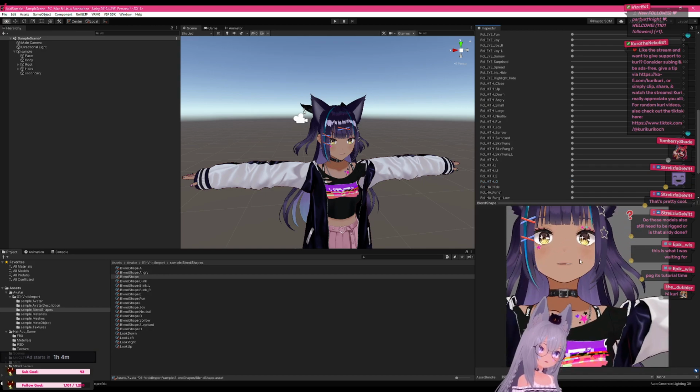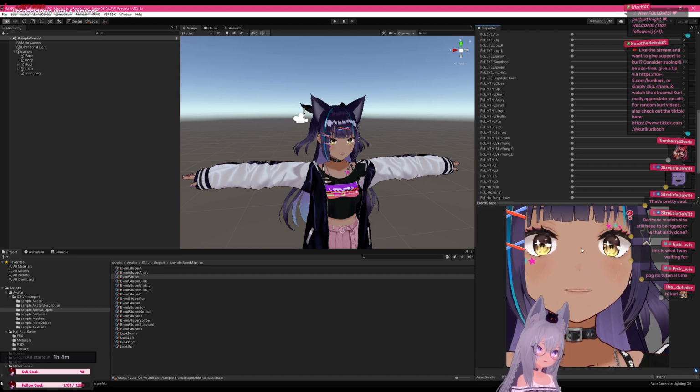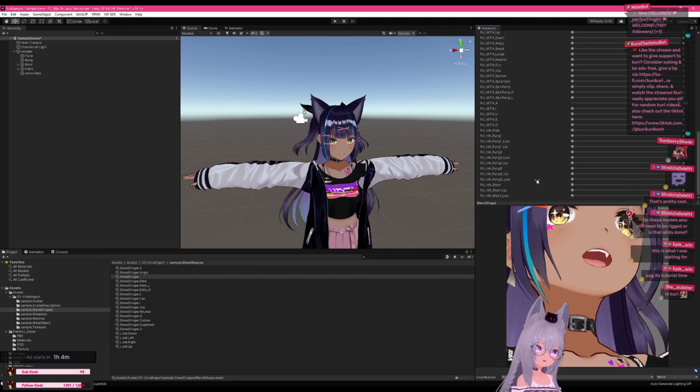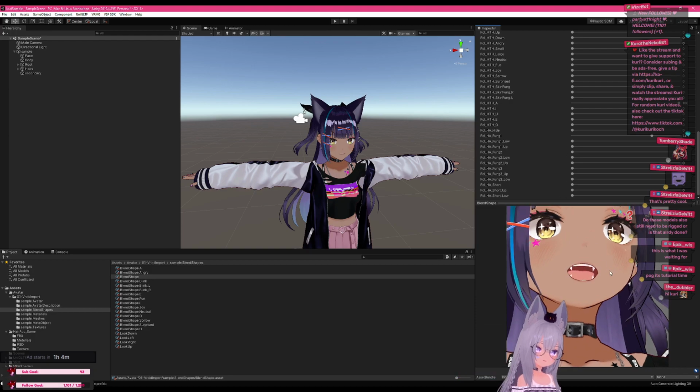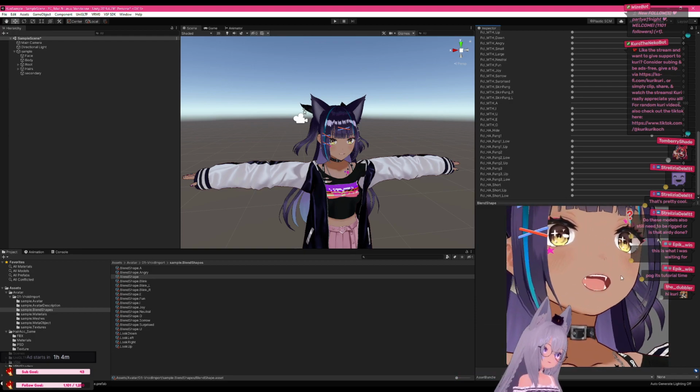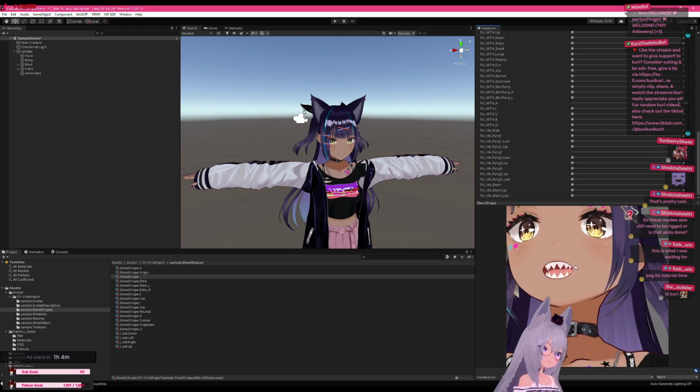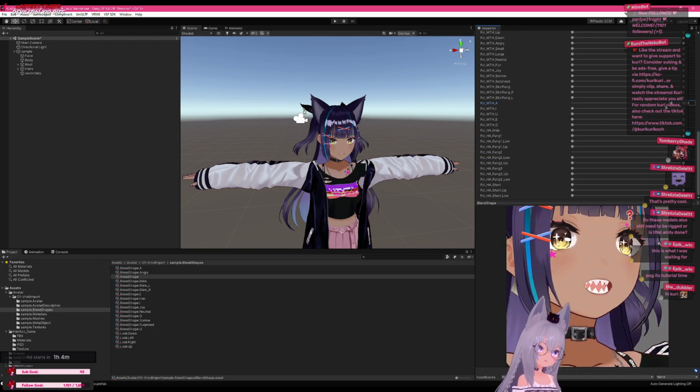Oh, by the way, this is where, if you want to, you can adjust your fangs. So if you want fangs for a particular expression, there you go. You want Gura teeth? Shark teeth. Anyways,